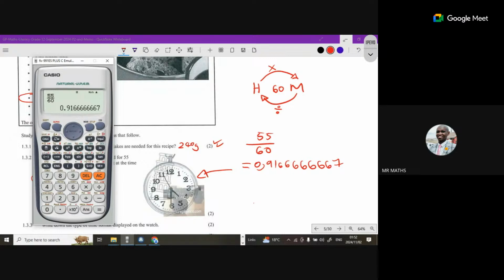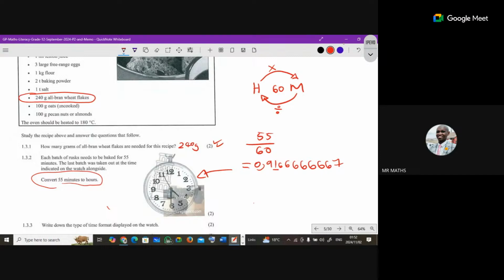Okay, so now to round off to 2 decimal places, looking at the second decimal, we check the third decimal, which is bigger than 5. Therefore, this will be equal to 0.92, because it affects the second decimal and raises it up by 1 unit, so 1 plus 1 being 2. So it is 0.92 hours, because the answer is wanted in hours. It was in minutes. Now it's going to be 0.92 hours. So that's our answer.